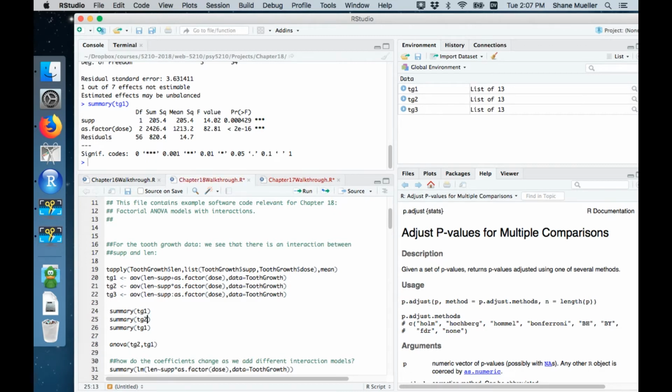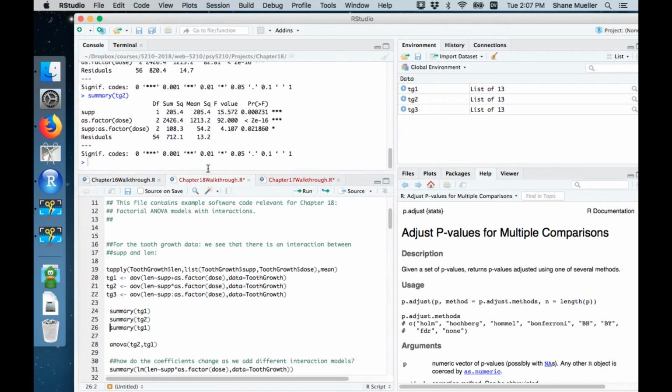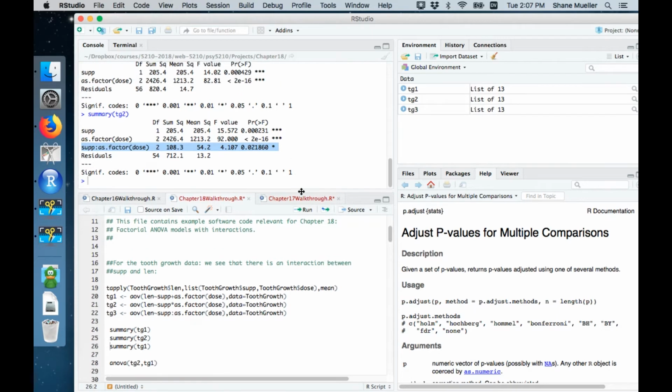And I guess we want to look at TG2. And now we can ask what is the effect of this interaction, and it's significant at a 0.02 level. So this might be considered statistically significant. But it also gives you these main effects, and it says supplement's significant and dose is significant and the interaction is significant. However, it's not clear